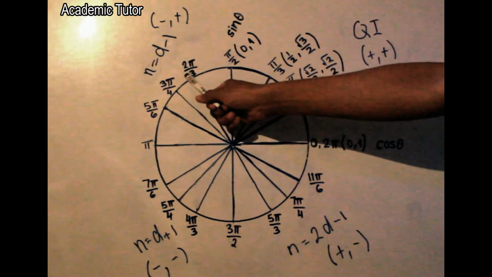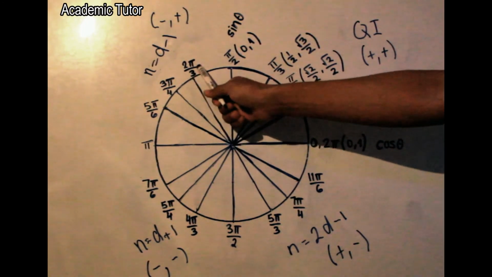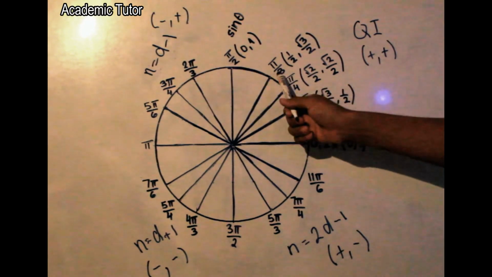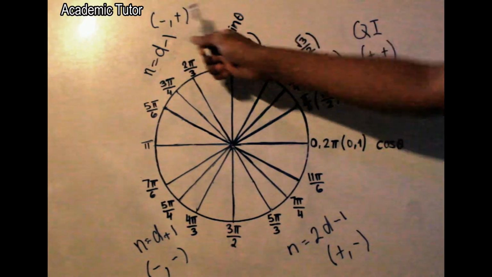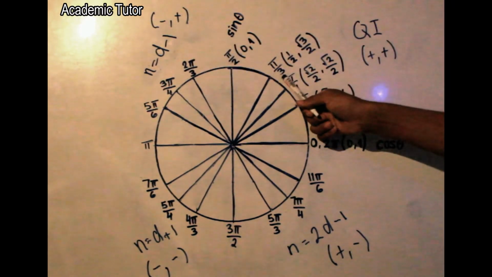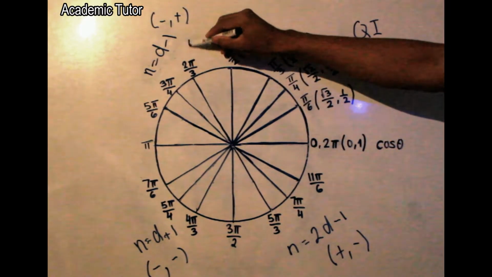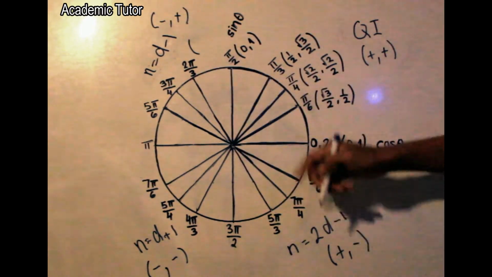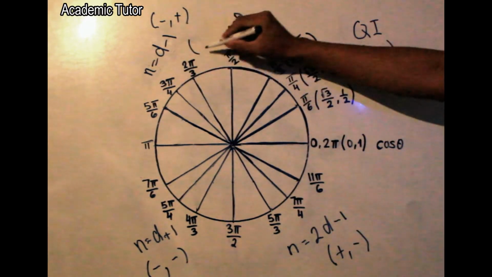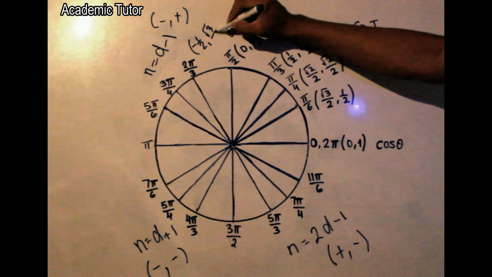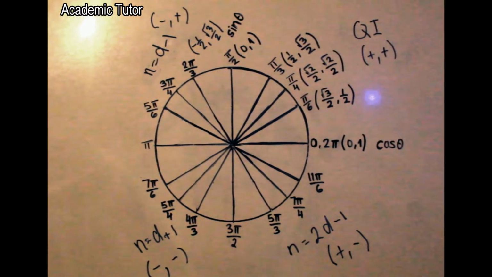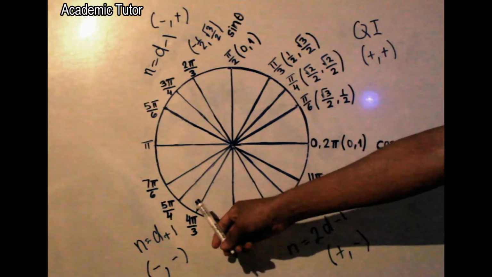In quadrant 2, we have 2 pi over 3, and the denominator is the same as pi over 3. So if we use this rule and the coordinates of pi over 3, we can have the coordinates of 2 pi over 3 as negative 1/2 and square root of 3 over 2. And other angles with